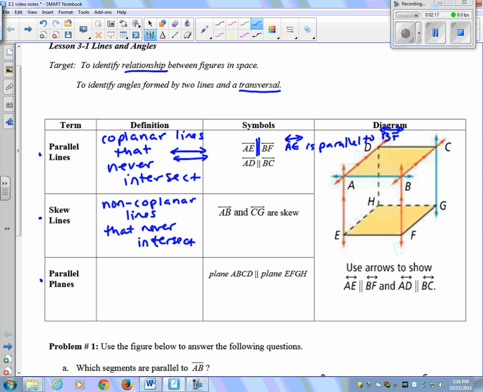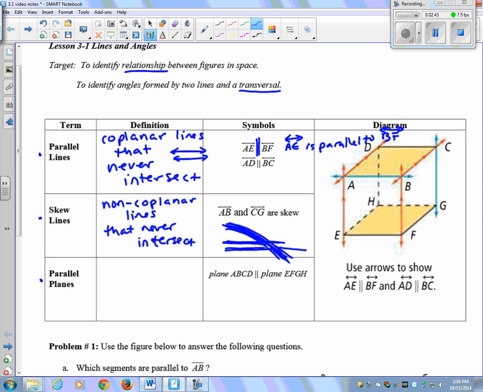You might think of a highway that goes under another highway, like a bridge of a highway coming across, and the cars going under this highway. These two highways are skew. One is going in one direction, one's going in the other direction, and they don't intersect because